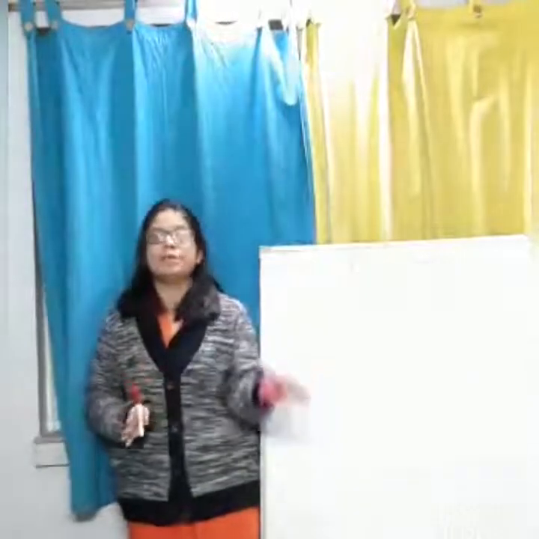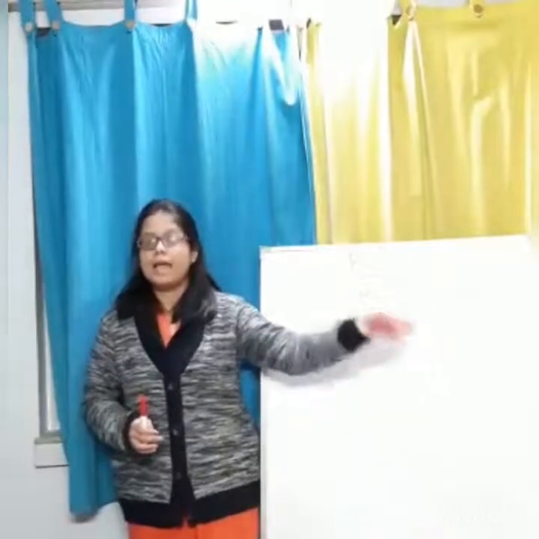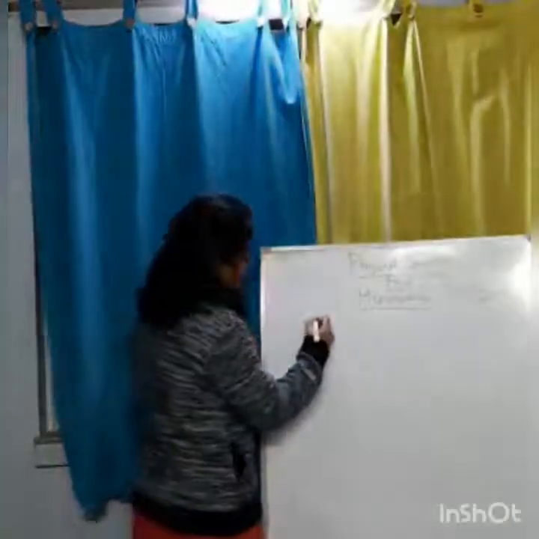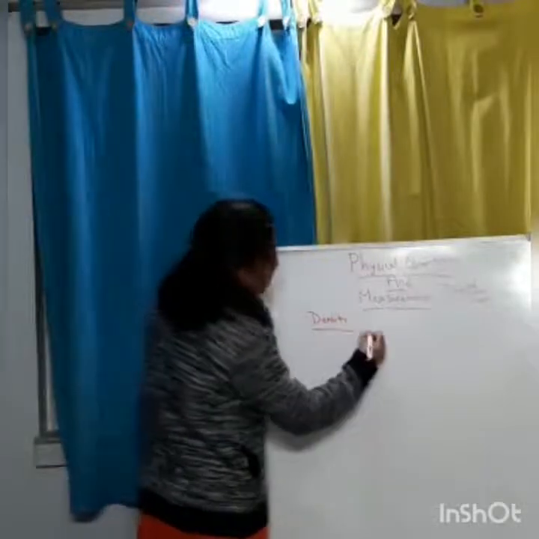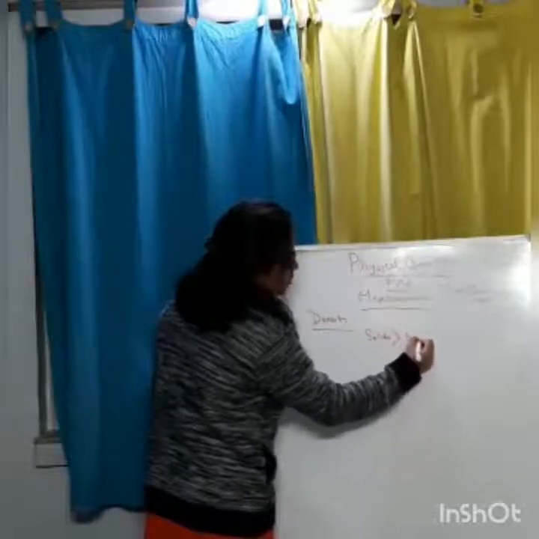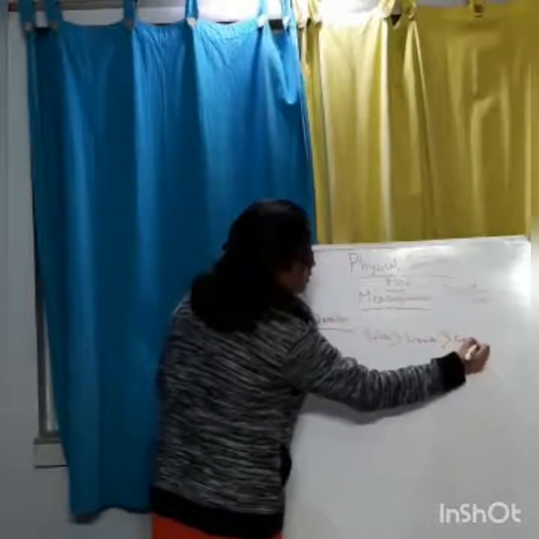Next are the liquids. The liquids have lesser intermolecular force than solids, but still more than gases. They are intermediate. So after solids, in terms of density, we have the liquids, and the gases are the least dense among the states of matter. If we arrange the states of matter, solids have the highest density, then liquids, and finally gases have the lowest density.